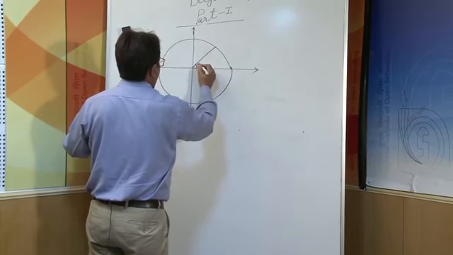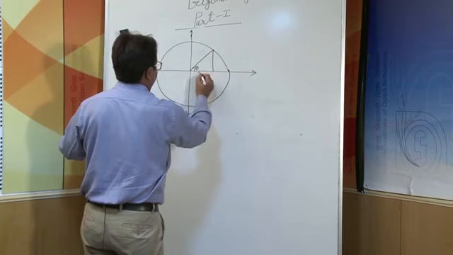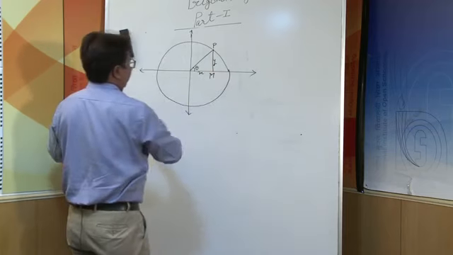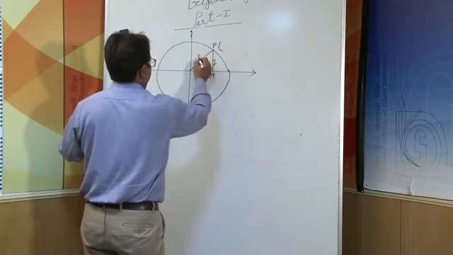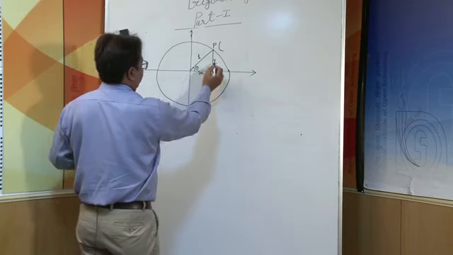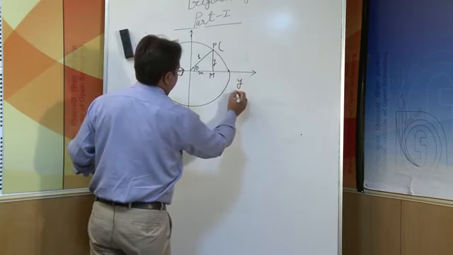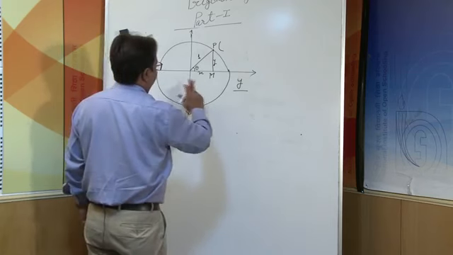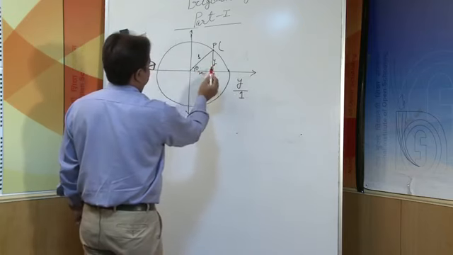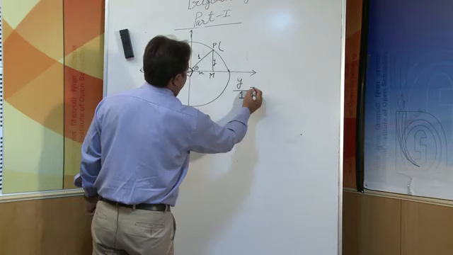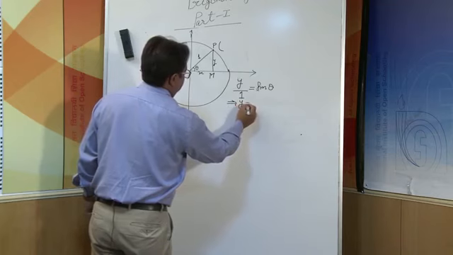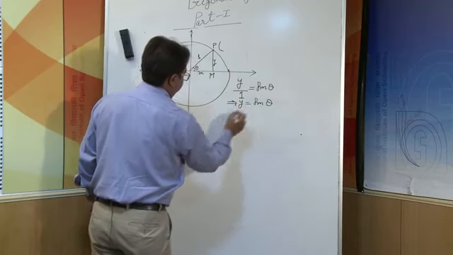This is angle theta, this length is x, this length is y, this is point P, this is point M. Coordinates of point P: if we find out the value of y here, we can say y upon 1, means perpendicular upon hypotenuse, equal to sin theta, or it gives us y equal to sin theta.